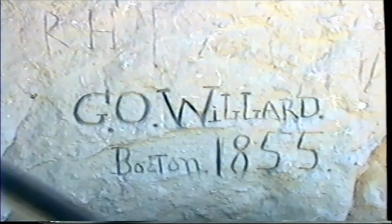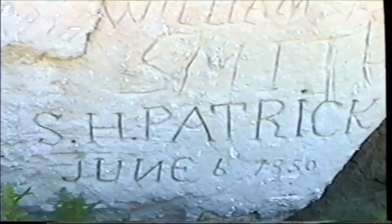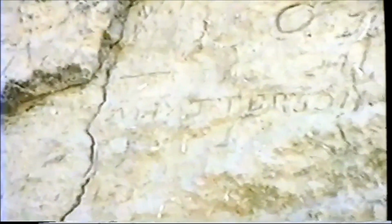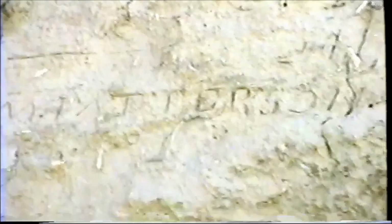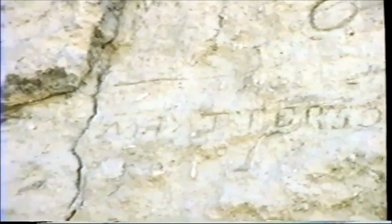However, the ones that were so tall, my guess is they stood on top of wagons or piled something up so that their signature would be way above everyone else's. I actually found way up high my last name, which really excited me. So some of my people, so to speak,